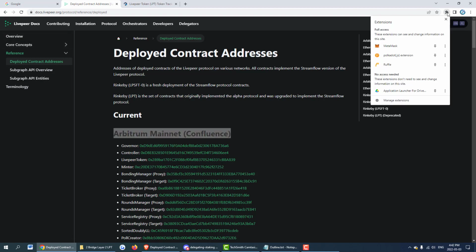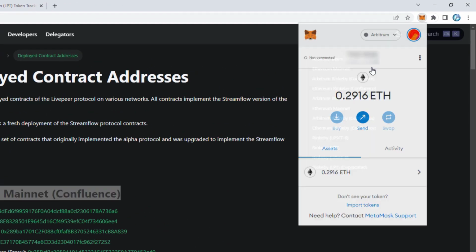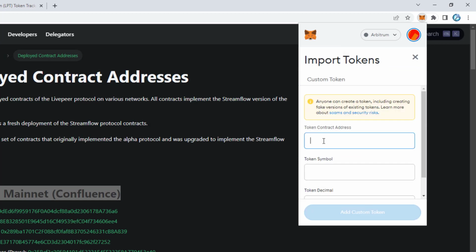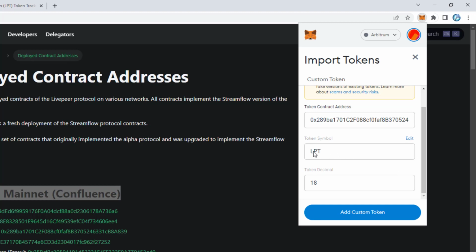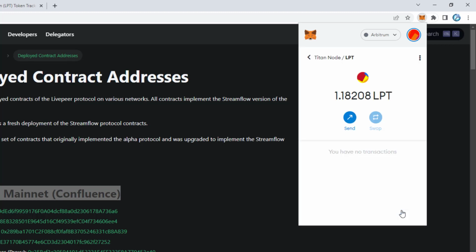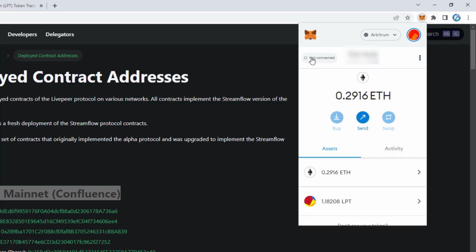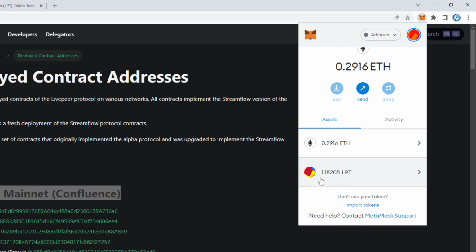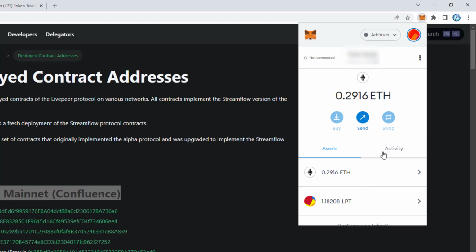So we can go up to our MetaMask again here. We can import tokens and we can paste that in there. Obviously, it does recognize that this is Livepeer, so it auto-populates these two, and we can hit Add Custom Token. Once it does that, you will see that this account actually already has some Livepeer. As you can see, it wasn't listed before, so we can import tokens. And if we go back, you can see now that there is 1.1 Livepeer tokens in this Arbitrum network